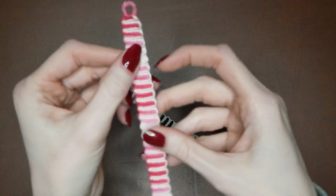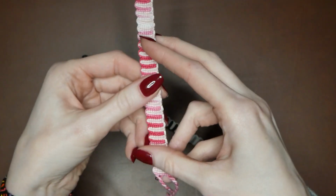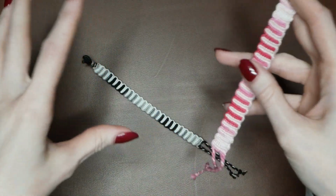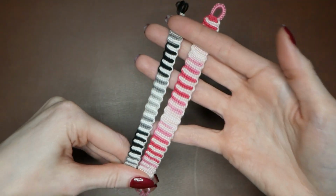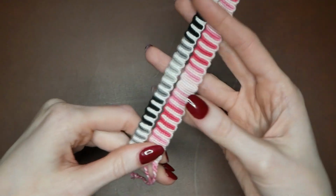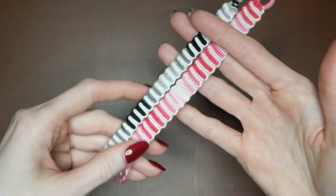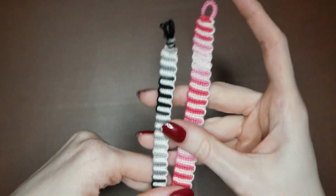And I actually got inspired to do the variegated yarn here from Masha Knots on YouTube. I discovered her channel a couple weeks ago and I absolutely love her videos. I did actually watch her video on how to make this bracelet, and while she does have a tutorial on this, and while a lot of other YouTubers probably have videos on this bracelet, I did want to make it a little bit different,